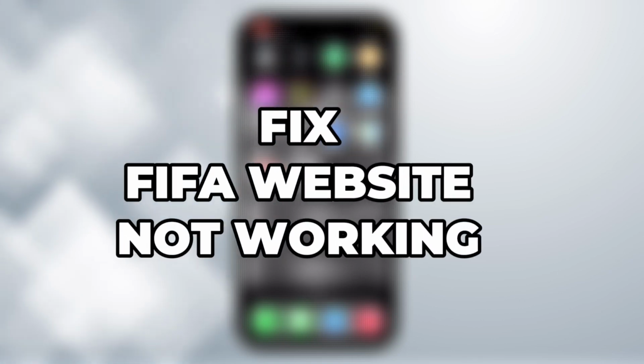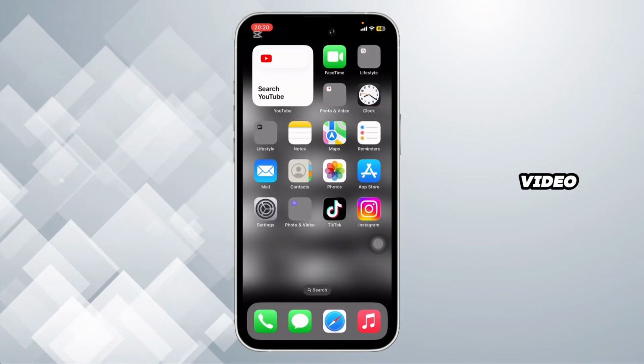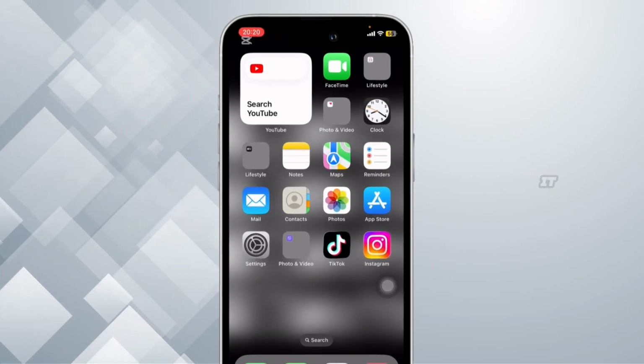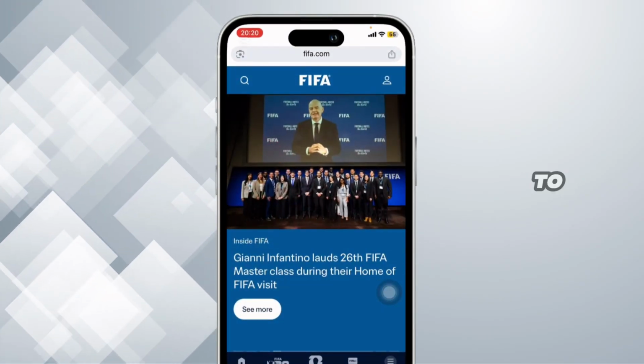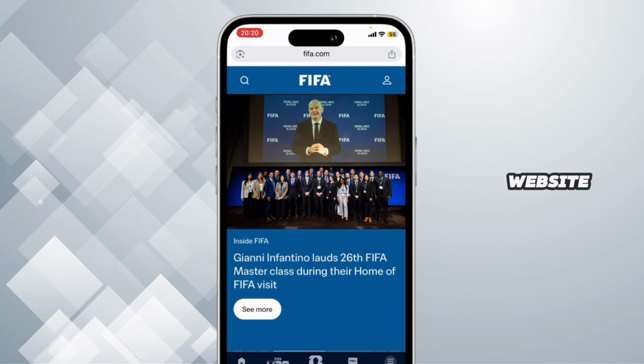Need to fix FIFA website not working? Then in today's video, I'm going to show you how you can easily fix it. First things first, you need to head over to Chrome or wherever you are using the website and click on